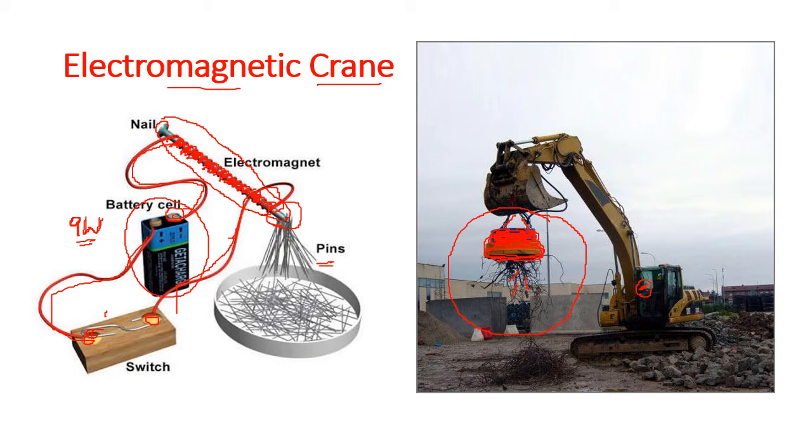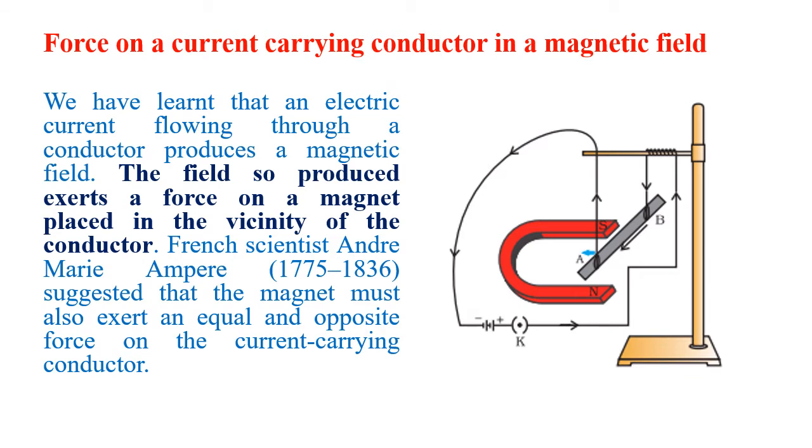Now after this interesting phenomenon, we go to something else. Now what have we seen? We have seen a current carrying wire produces a magnetic field. We also know like poles repel and unlike poles attract. So what happens when you bring two unlike poles or like poles together? They will either attract each other or they will repel each other. But they will attract or repel because of an attractive force or a repulsive force. When you bring two magnets nearby, there is an attractive force or a repulsive force.